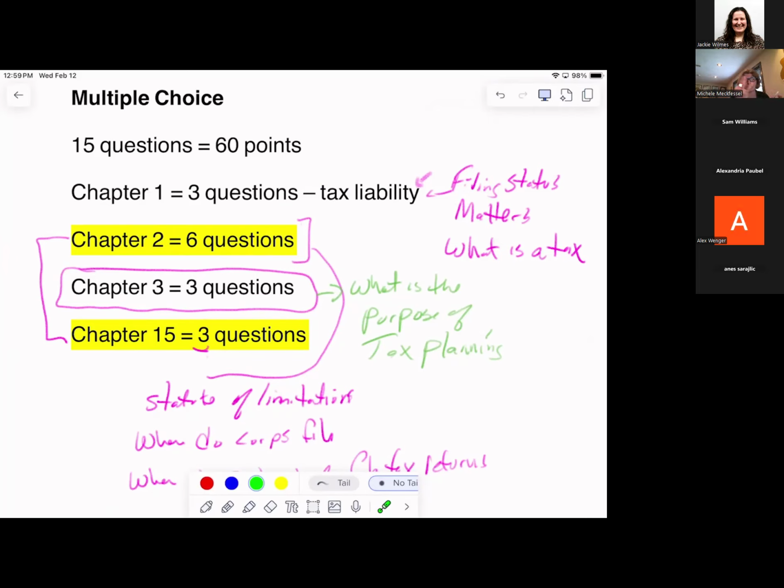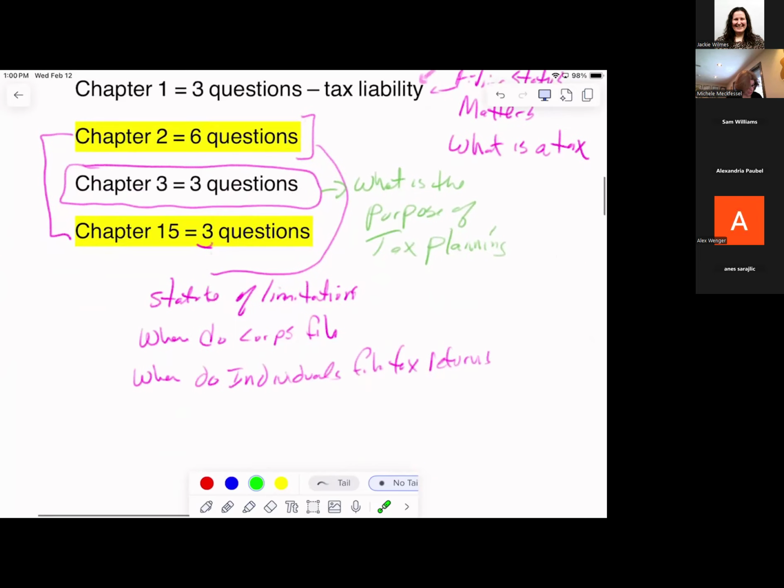Remember that we've talked about 3 different types of tax planning. We've talked about timing, shifting, and converting. So pay attention to those. Also, remember that we talked about judicial doctrines. Those judicial doctrines are great opportunities for multiple choice questions. All right. And then chapter 15 was